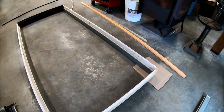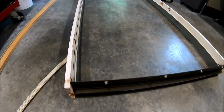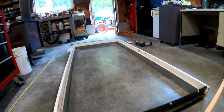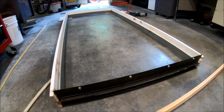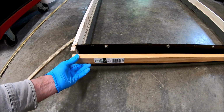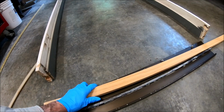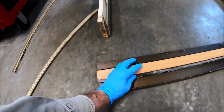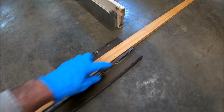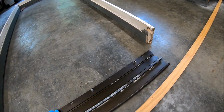And this piece here, the threshold, needs to have a piece of wood, a 1x2, put into here. I'll have to cut this so it fits inside this piece here, like this. Make it the same length as that. Cut it here, and then when I put it up against here,